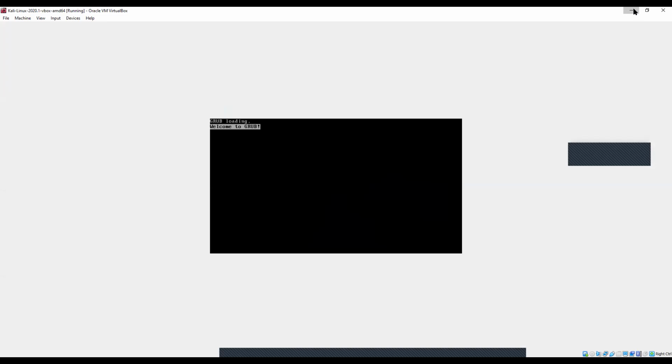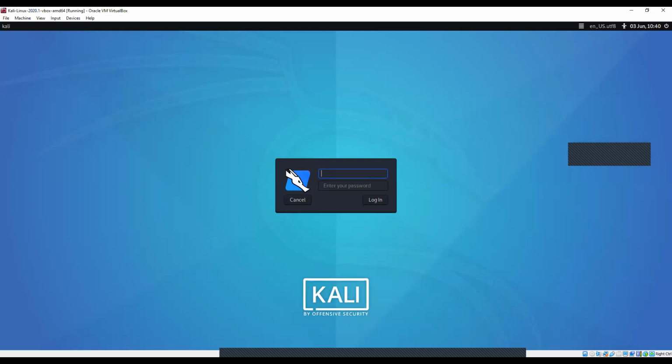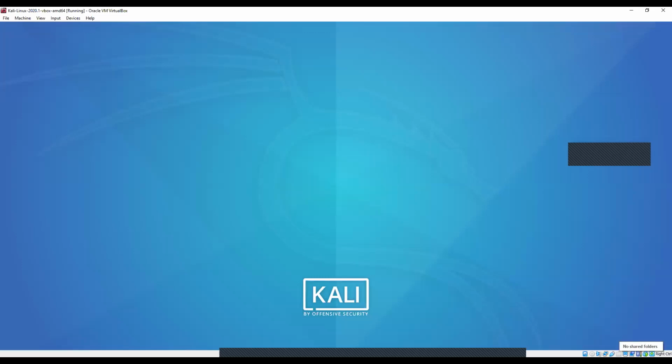This is the Kali Linux I already have. So open up Kali Linux.